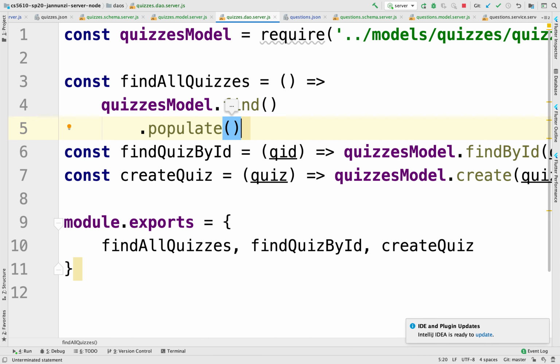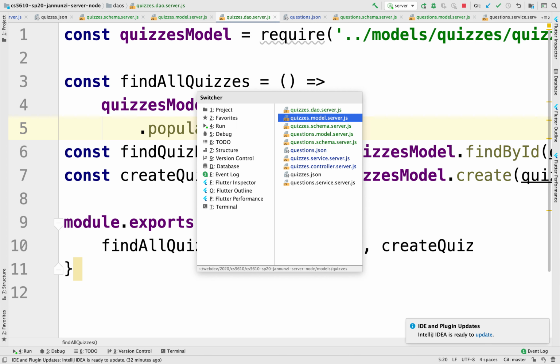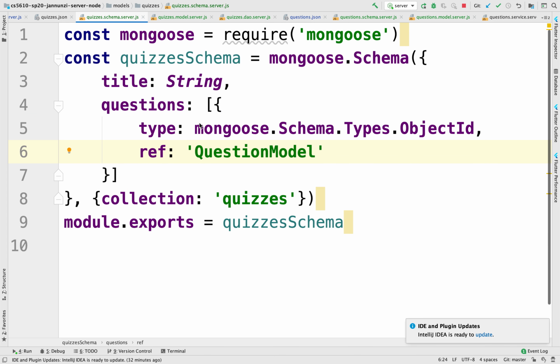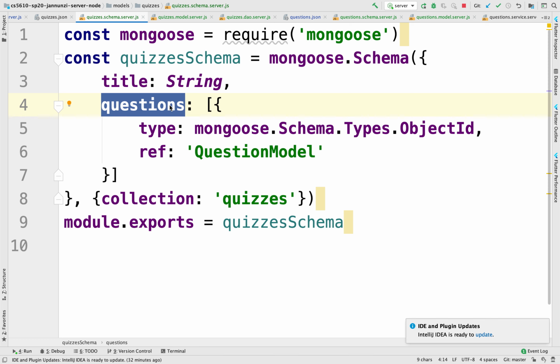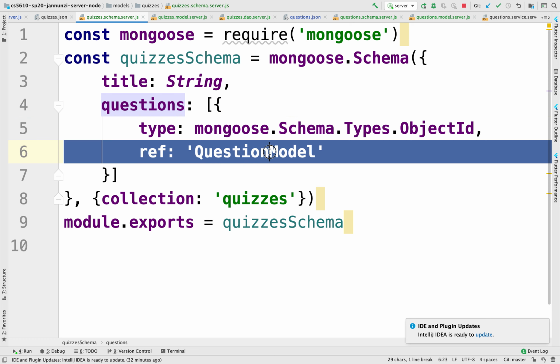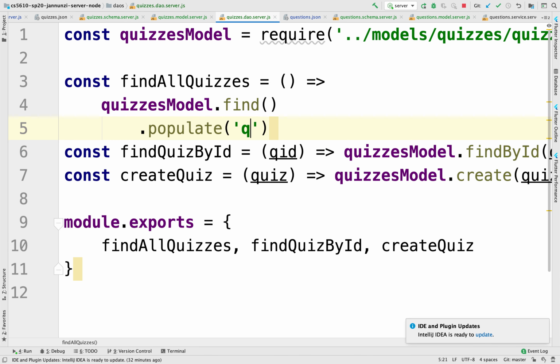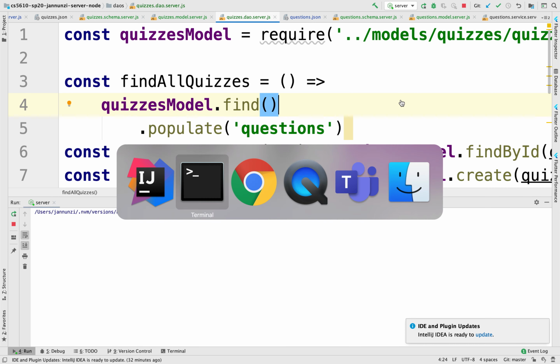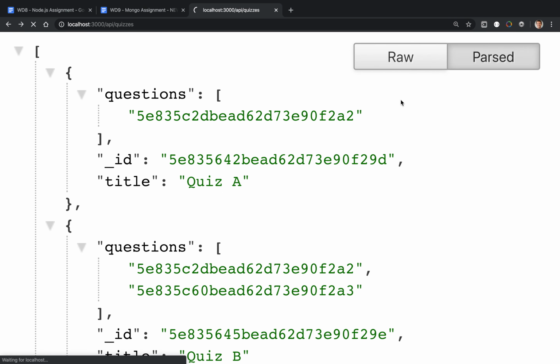The populate function is almost like the join in a relational database. We can say, hey, you know that questions field you have in your schema, which is an array of strings? Well, it's actually referencing objects in a different collection. Go fetch them for me. So we can say populate the questions array. Populate it, meaning replace all those IDs and give me the actual objects represented by those IDs. So if we restart the server, and we head over now, if we refresh,